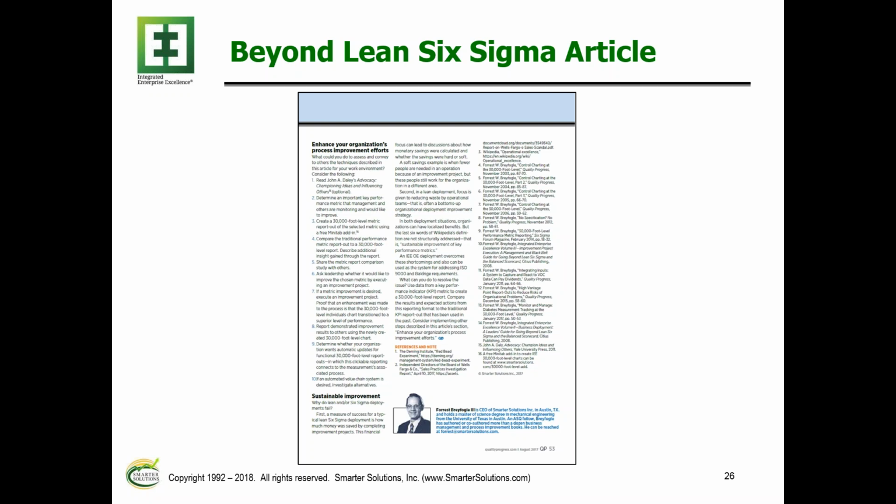Now I want to highlight again, in both Lean and Six Sigma deployments, organizations can have localized benefits, but more often than not, they don't address the last 6 words of the operational excellence definition that Wikipedia used to have: sustainable improvement of key performance metrics. Now, I gave you a couple thoughts on how you might convey these methodologies to others, but I list 8 other approaches that you might consider.